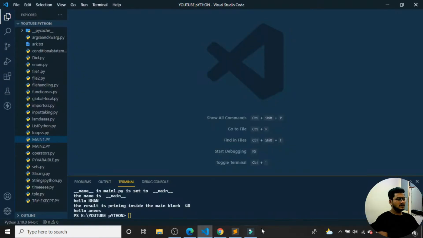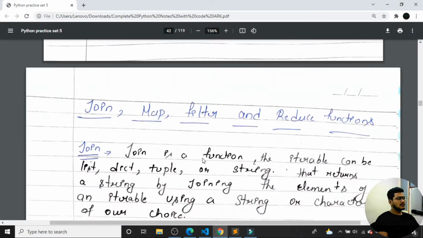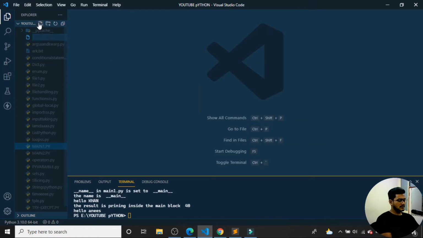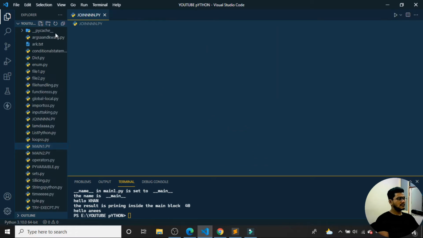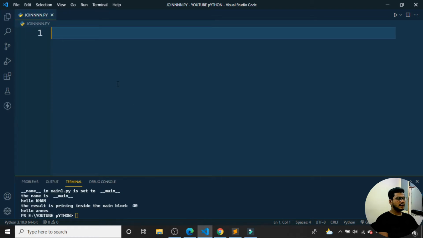I'll just open the VS Code over here. So then we'll see with an example. Yeah, so coming back to the VS Code, here I'll just create a new file. I'll just make it as join.py. Why I'm making mistakes while creating a program name is because it should not mismatch with the keywords. So because of that I am making this kind of silly mistakes.